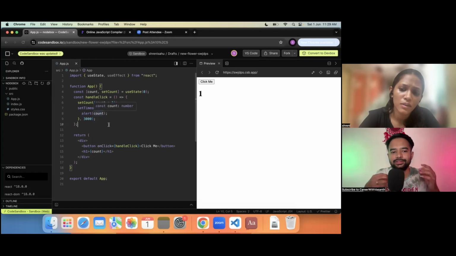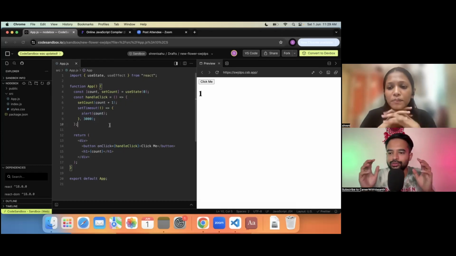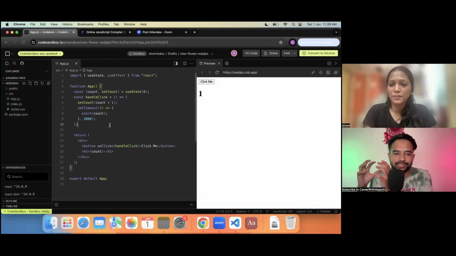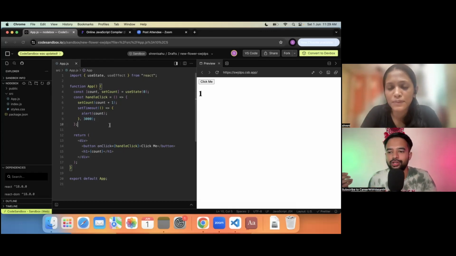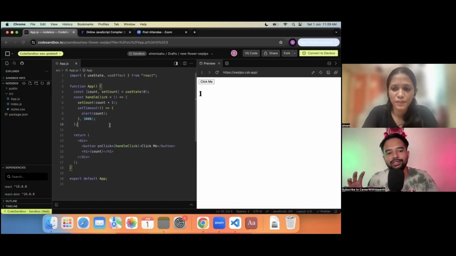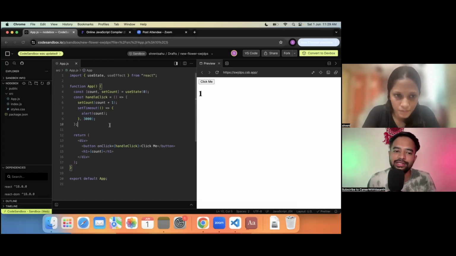Sure. See, whenever the closure starts the execution, closure is nothing but what? We are forming an execution context and keeping it aside, correct? So whenever that time is done, whatever callback function is inside that block is actually executed. So by the time the 3 seconds are over, even if you make count go from 0 to 1 million, that block does not know what happened. This is the same as the popular for loop and set timeout example, where the count value is only whatever it knew at that time, because of which we're getting the previous value.